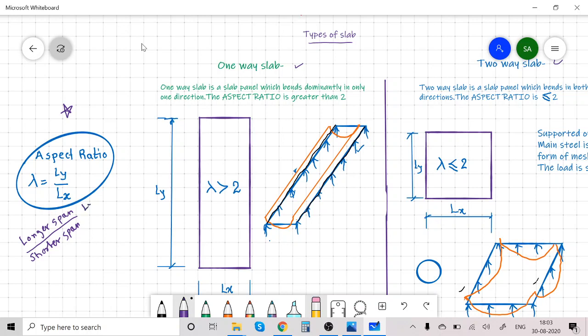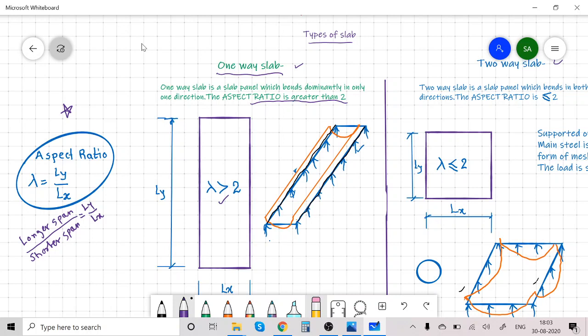Ly is longer span, Lx is shorter span. The ratio of longer span to shorter span is lambda, that is aspect ratio. And when it is greater than 2, we design it as one-way slab. So one-way slab panel bends dominantly in only one direction, and the aspect ratio is greater